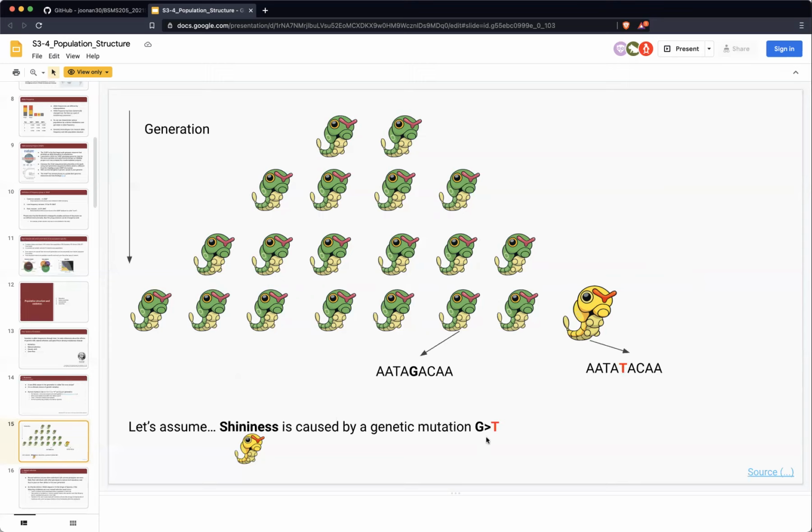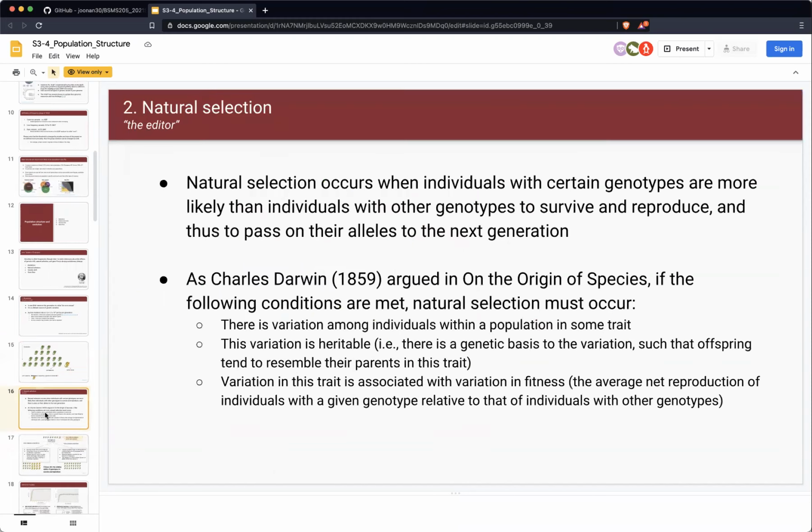And because of this de novo mutation, this caterpillar has the shiny trait. I don't know the sex, but anyway, it became a shiny caterpillar, and we call this the new mutation and new traits coming out in this organism, right? And then mutation works as a sort of source, but the actual working mechanism, whether the new mutant